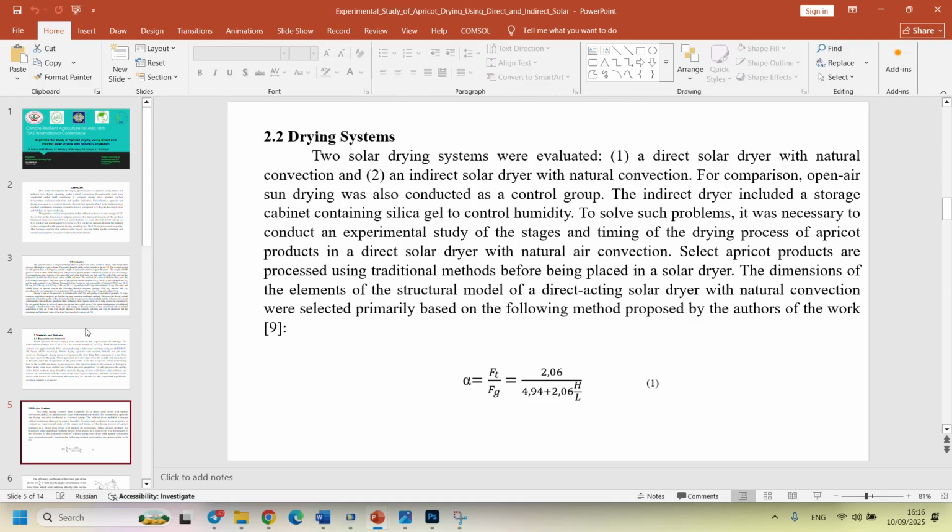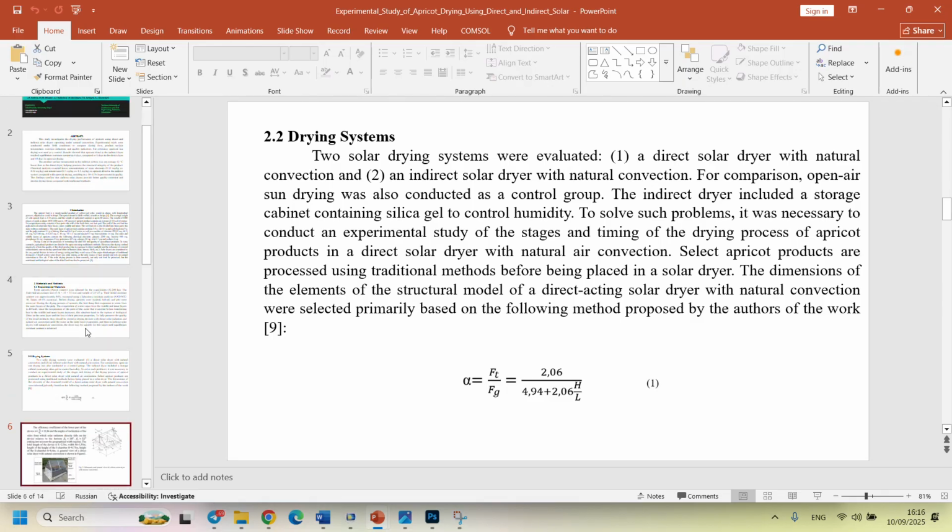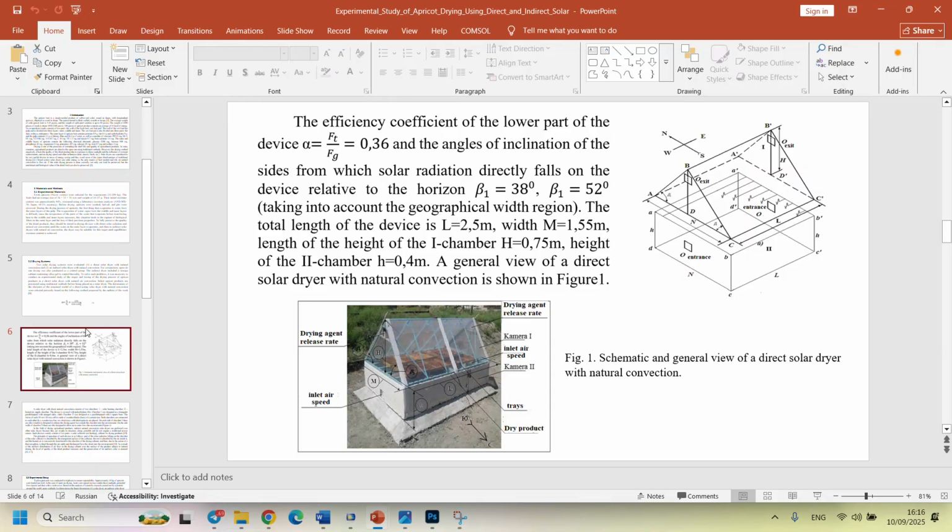The dimensions of the elements of the structural model of a direct-acting solar dryer with natural convection were selected primarily based on the method proposed by the author of the work. The schematic and general view of the direct solar dryer with natural convection is given in the figure. The angle at which solar radiation directly falls on the device relative to the horizon is about 38 degrees and 52 degrees,